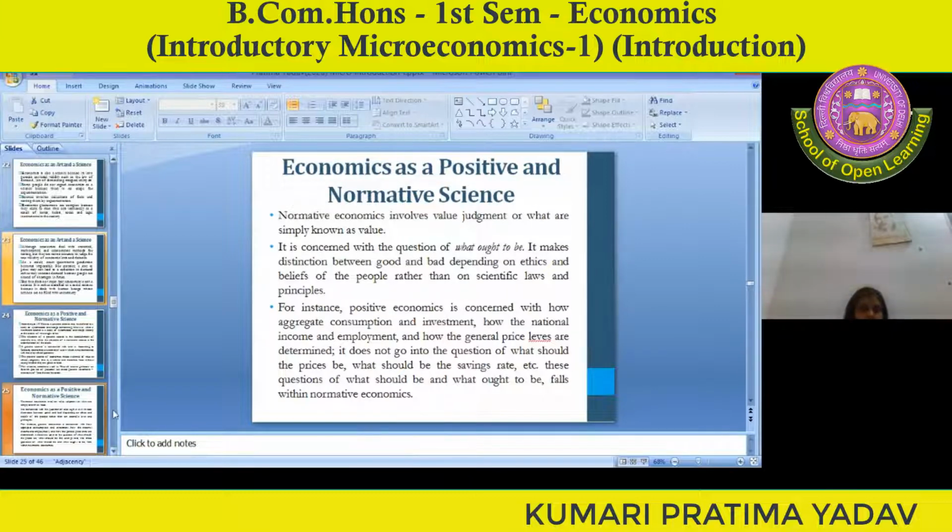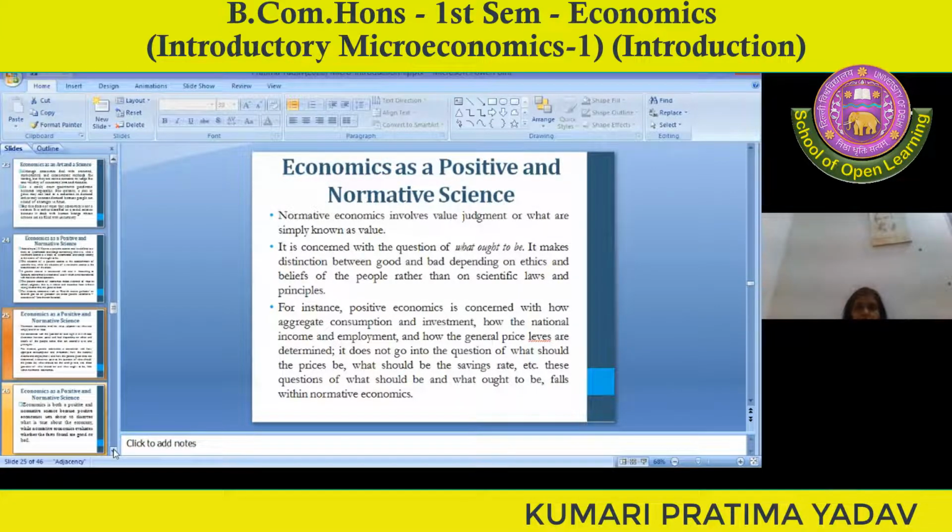Okay. Next is normative economics, which involves value judgments, or what are simply known as values. What is a value? It is a concern with the question of what ought to be. It makes a distinction between good and bad depending on the ethics and beliefs of the people, rather than on scientific law